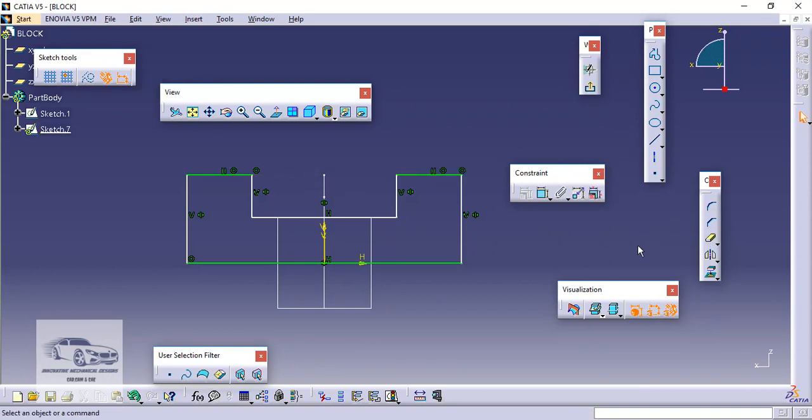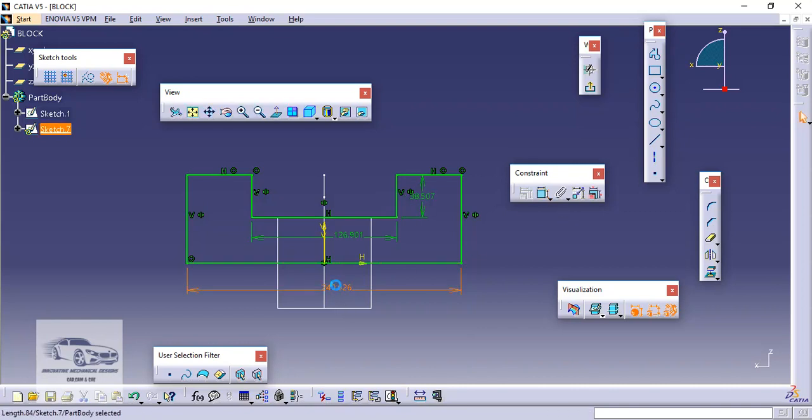So now we have completed the sketch. I will input the dimensions. This purple color is showing the over constrained sketch, because already I have maintained this line coincident with this particular point, so no need to give the height. I will give the remaining dimensions.